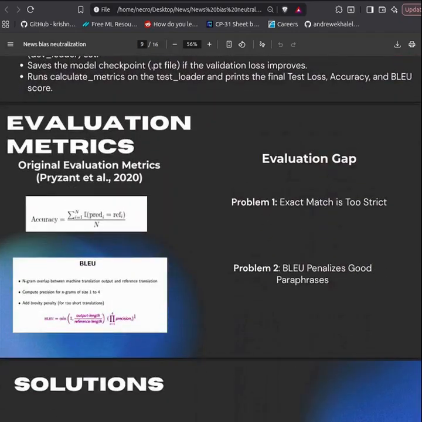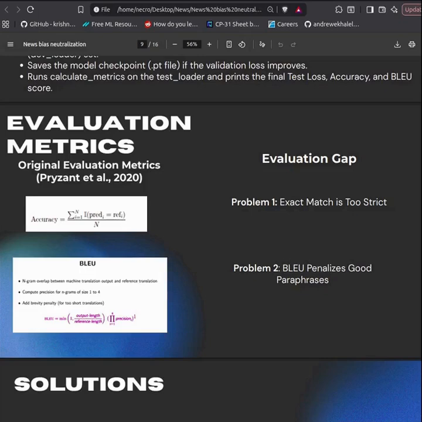Now moving on to the evaluation metrics. This brings back the core problem which I identified in this paper, and it is one of my significant contributions in this project. The original paper's metrics are significantly flawed, at least as per my perspective. If you look at accuracy, or exact match, this metric gives the model a point only if the generated token is identical to the human reference token. So this is a very strict criterion.